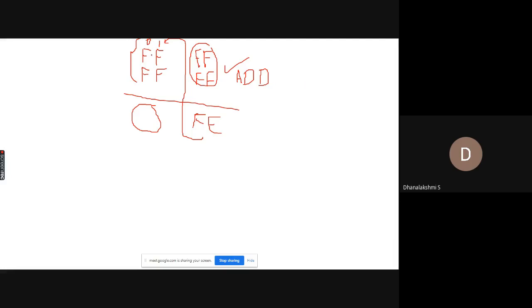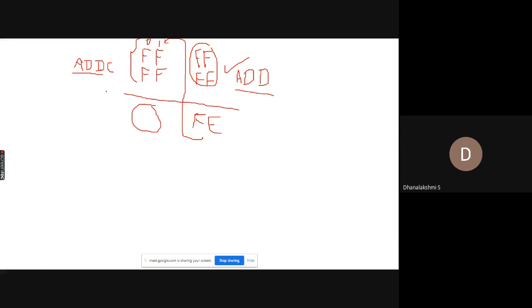Whereas for the higher byte, since you are adding higher byte of input 1, higher byte of input 2 along with carry, you are supposed to use the instruction ADDC, that is addition with carry, followed by higher byte of input 1 and higher byte of input 2. So this is what you have learned in last lab class. You would have used two add instructions, one is ADD and the other one is ADDC.